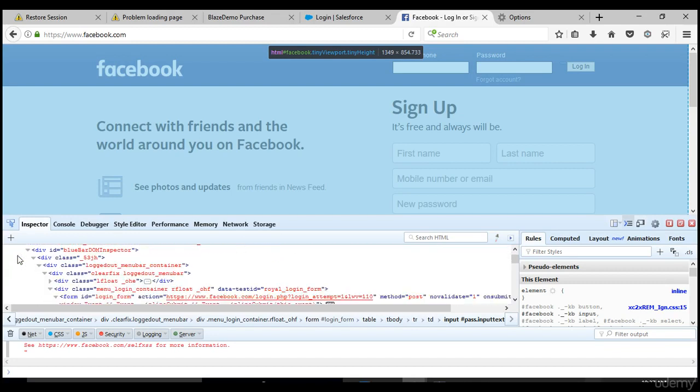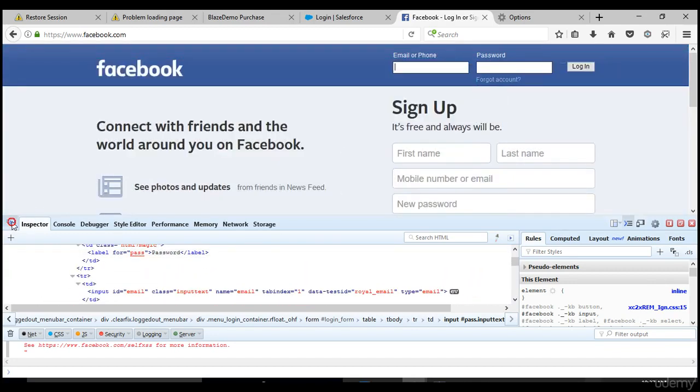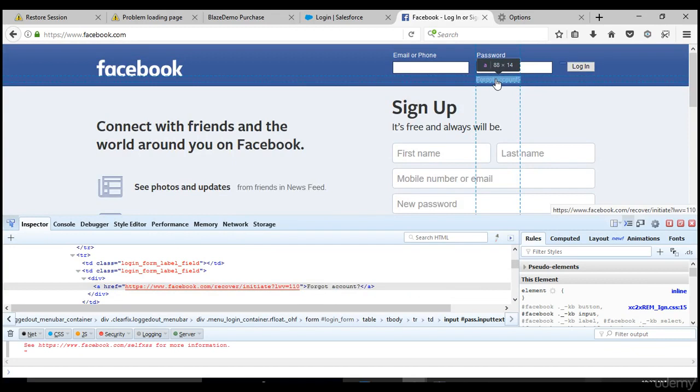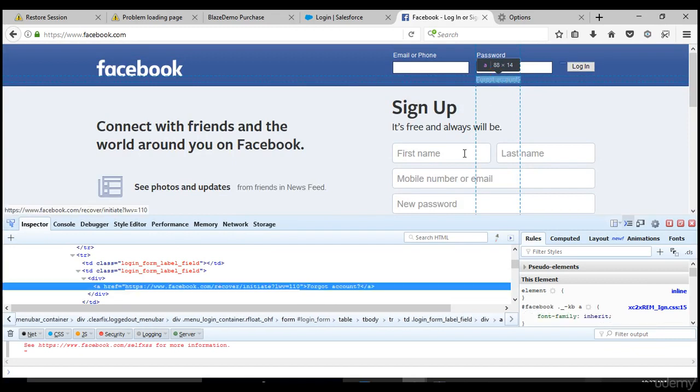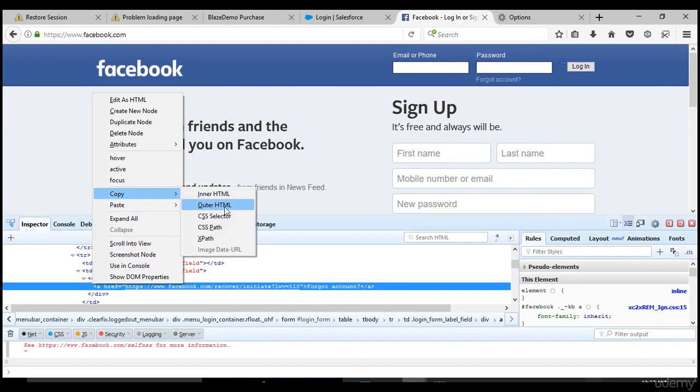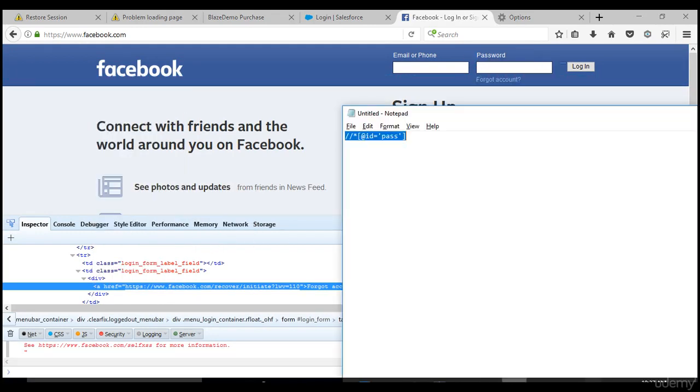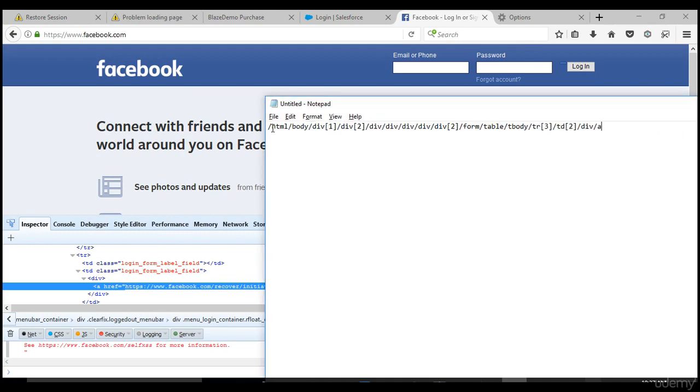You need to avoid it. For example, if I spy on this and want to take the XPath for forgot account, copy XPath and paste it here, you see that it's a very big XPath and it starts from HTML. So when you see any XPath starting from HTML, it's not reliable. Just don't copy this XPath in your code.